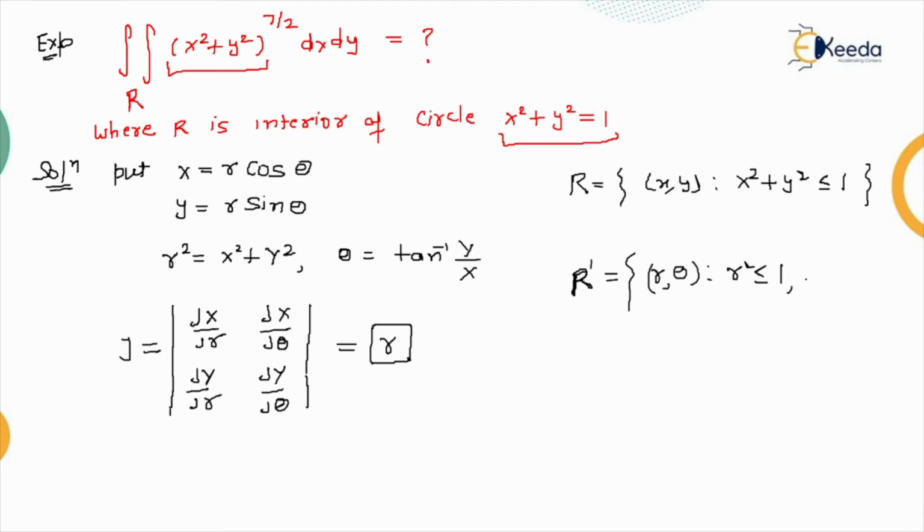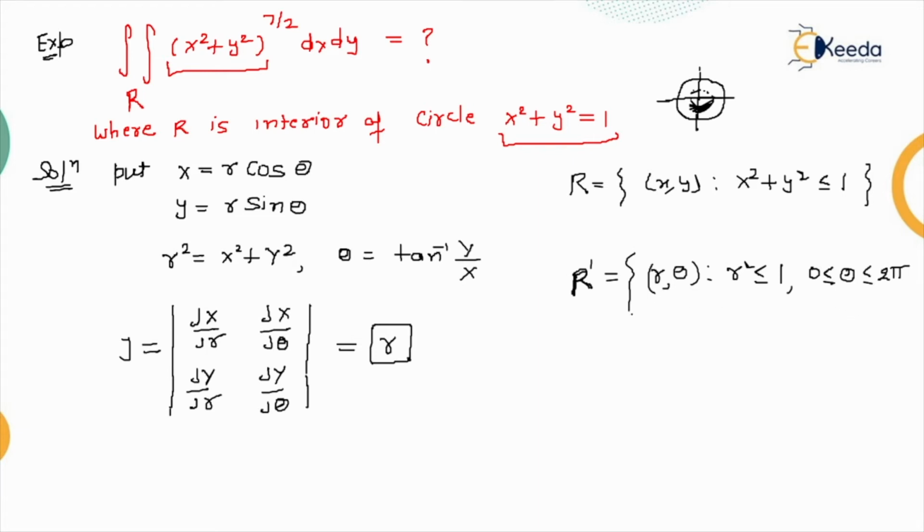And now what about theta? So you know that this equation represents a circle. So the circle is what? Having a radius 1. And what about theta in the case of a circle, my dear friends? You know, theta you can just move from this line up to this, and it becomes 2 pi, like 0 to 2 pi. That complete circle becomes a part of theta. Like angles, you can rotate from 0 to 2 pi. So your angle theta you can write out from 0 to 2 pi.